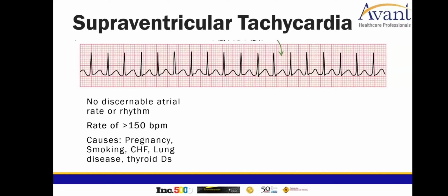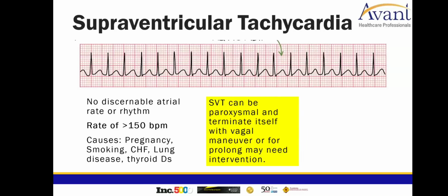So what do we do in a situation like this? Well, some causes could be pregnancy. In some cases, some women will see SVT. Other causes are smoking, CHF, lung disease, and thyroid disease. SVT can be, like I said, paroxysmal and terminate itself with a vagal maneuver, or if prolonged, may need some intervention. And what I mean by vagal maneuver is something like having the patient bear down,